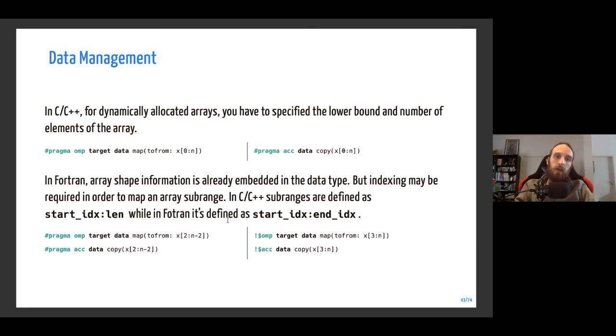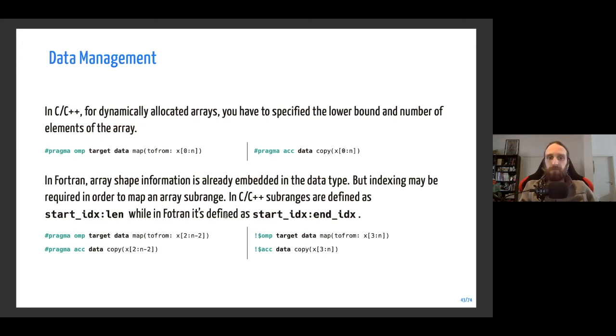In Fortran, array information is already embedded in the data type supported by the language. So it means that the compiler as well as the runtime can determine the size of the array, and you don't need to specify the lower bound and number of elements.